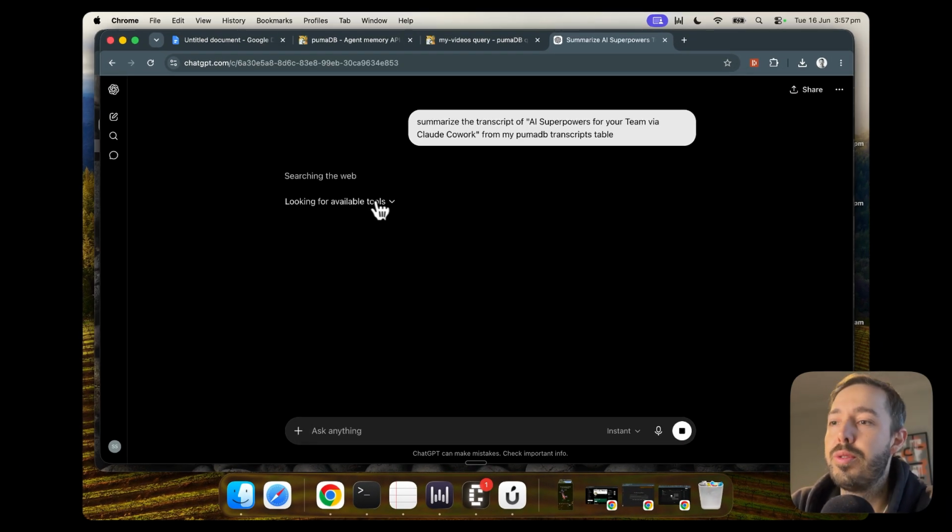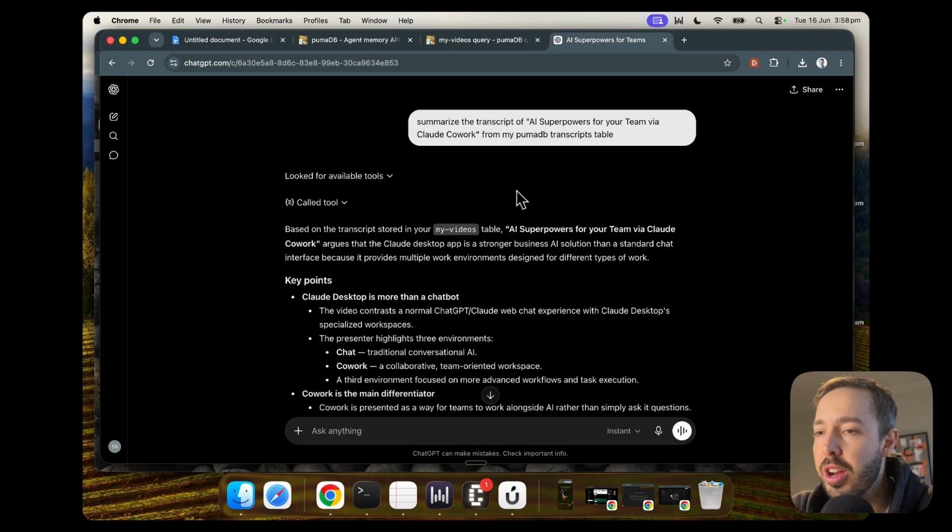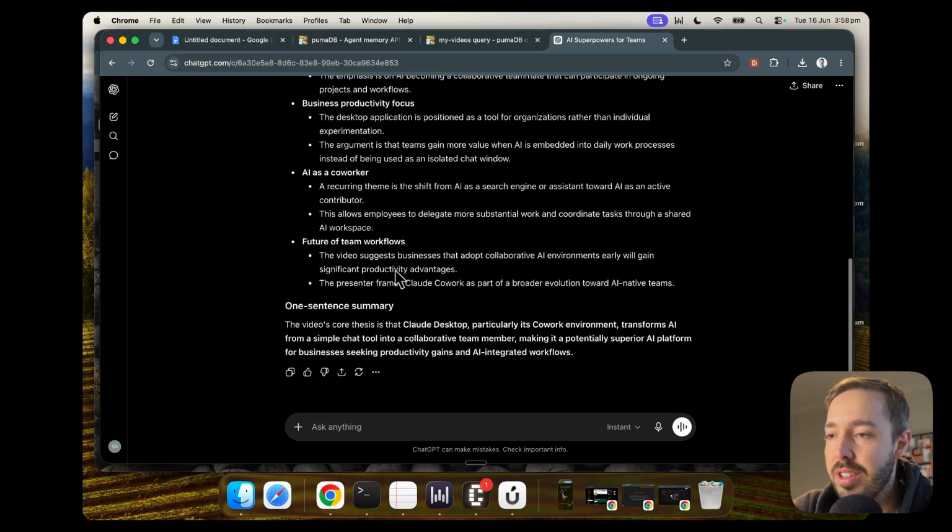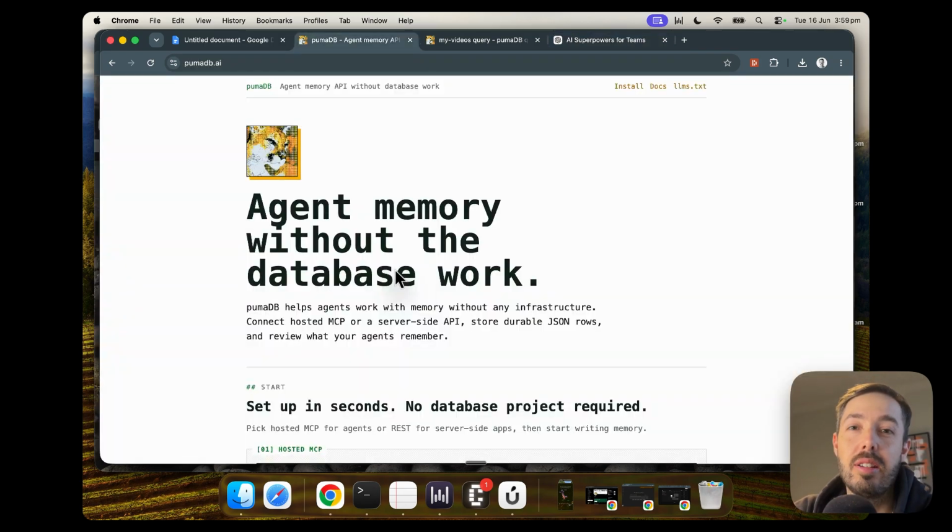This is now going to find the MCP tools, which is going to get the transcript and ultimately summarize it. And here we go. So it correctly found the My Videos table and found the exact video we mentioned, and it's able to summarize it. So hopefully that's a pretty simple but ultimately really powerful way to work with an agent-based memory system,